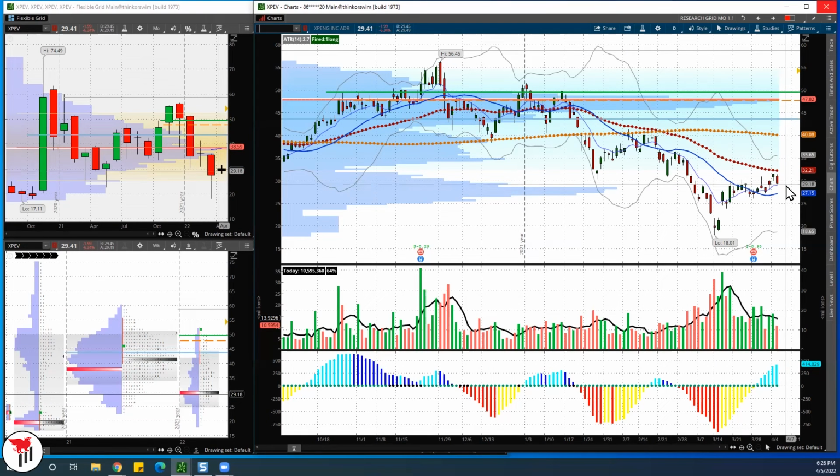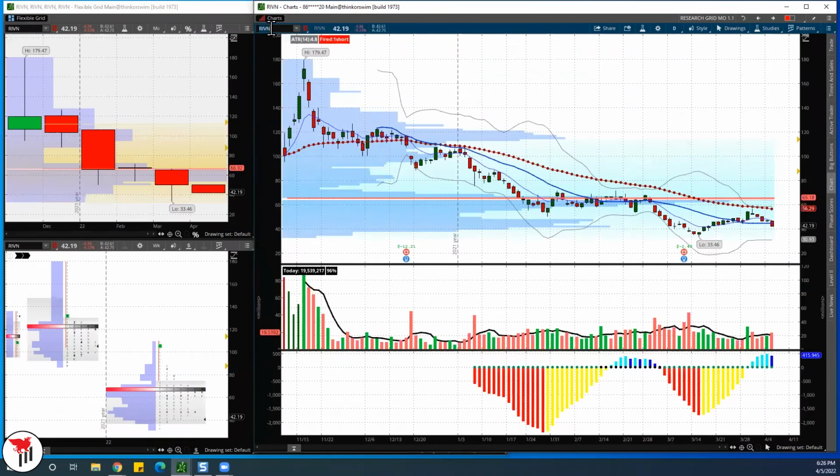I know it can work and it can pay, right? Like 29, if we see some news tomorrow, some bad news and we open 28, 27, then we short it, but that's a different game, right? Because we will have a gap down in XPEV, but I cannot predict that. So I cannot make plans for that. So Rivian, let's go to Rivian. And Rivian is just a piece of you know what.